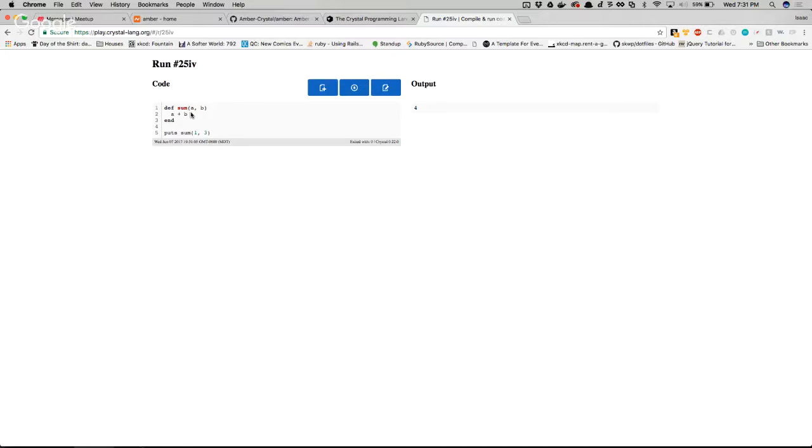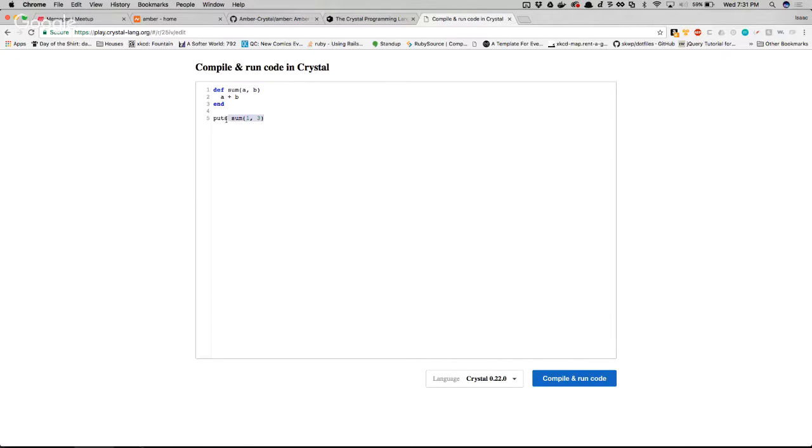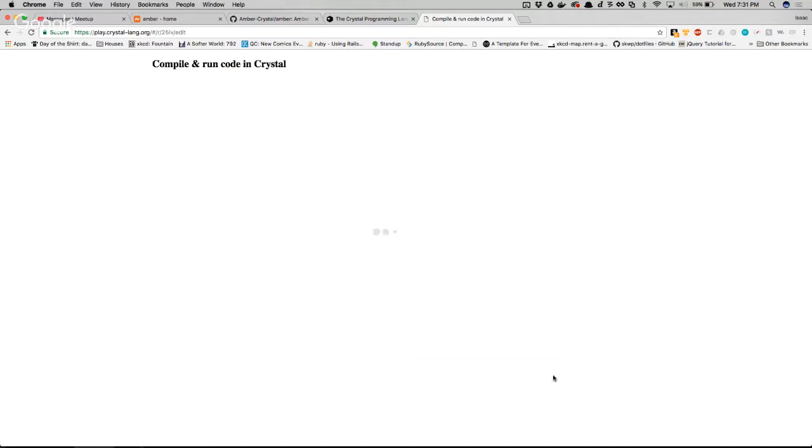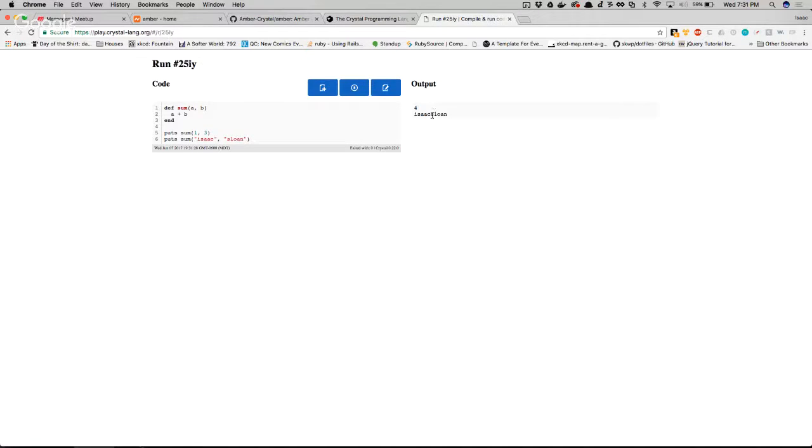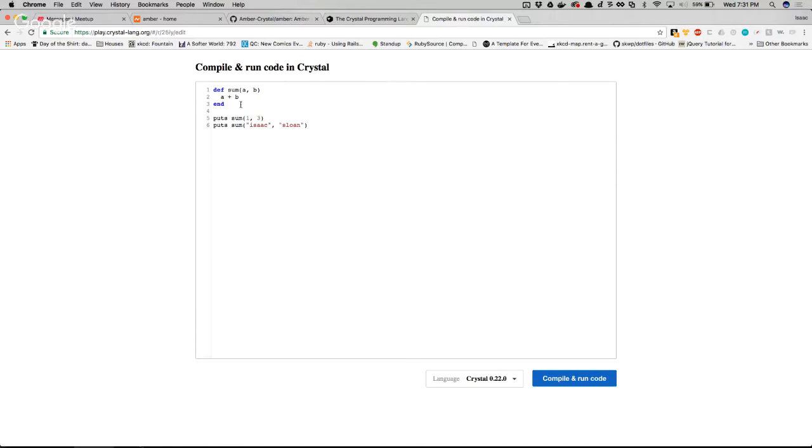So in that case, it's compiling that as just expecting there are going to be Int32s passed to it. I didn't actually have to tell it that. One thing you'll notice that's interesting is if I copy that and pass in my first and last name, it's still going to add it, but it's basically calling plus on the string, which probably isn't what I want. So this is where typing comes into play.